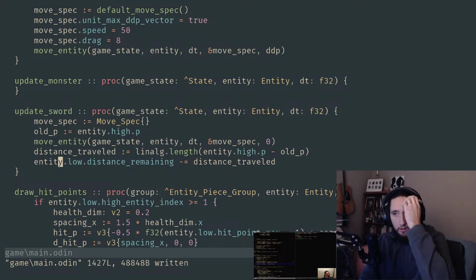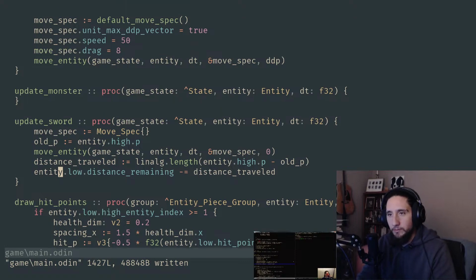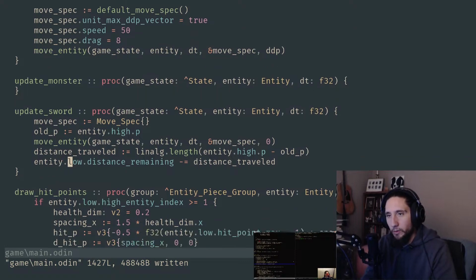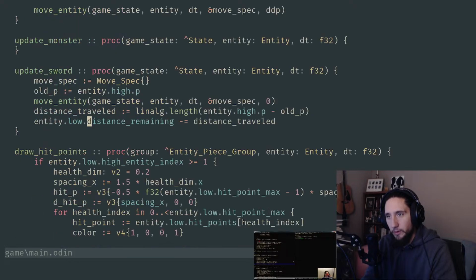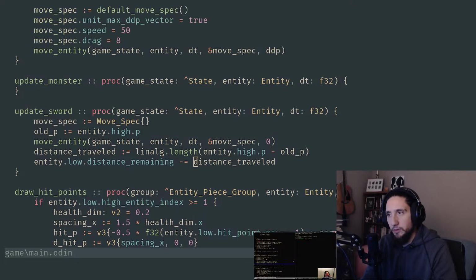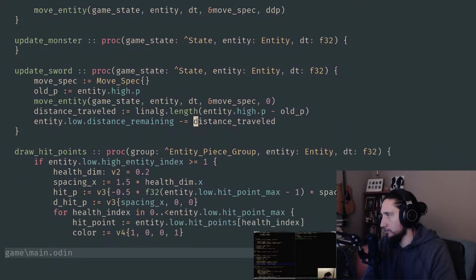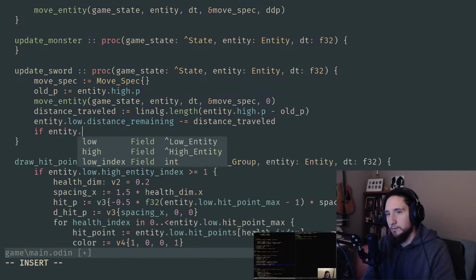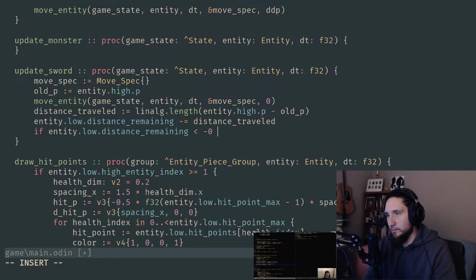So at this point, well, at some point, not yet, but at some point, once this reaches 0, right, or underneath 0, because we are, and what did I say that was? Did I say that was it's a float? So once it gets into the negatives, then we essentially will disappear the sword, right? And I'm not sure whether we want to address it now or not, but we'll talk about it in a second. The first thing we want to do is say if this distance remaining drops to 0, right? So if the distance remaining falls below, if we basically used up all the distance that we have to travel,